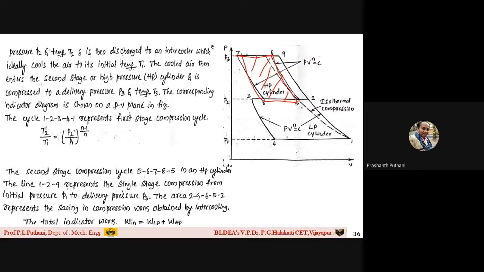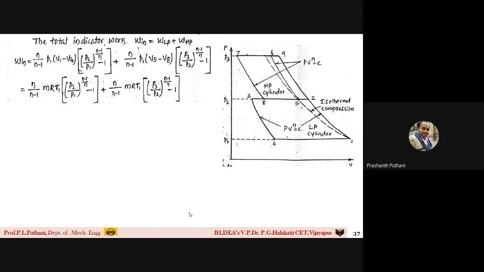So this is the high pressure cylinder. Therefore, the area covered on this particular process, along with that, the area under the curve is also representing the intercooling process. So the total indicator work is the work input for both cylinders, that is low pressure cylinder plus high pressure cylinder. That is, W input is equal to the low pressure cylinder work input as well as the high pressure cylinder work input,